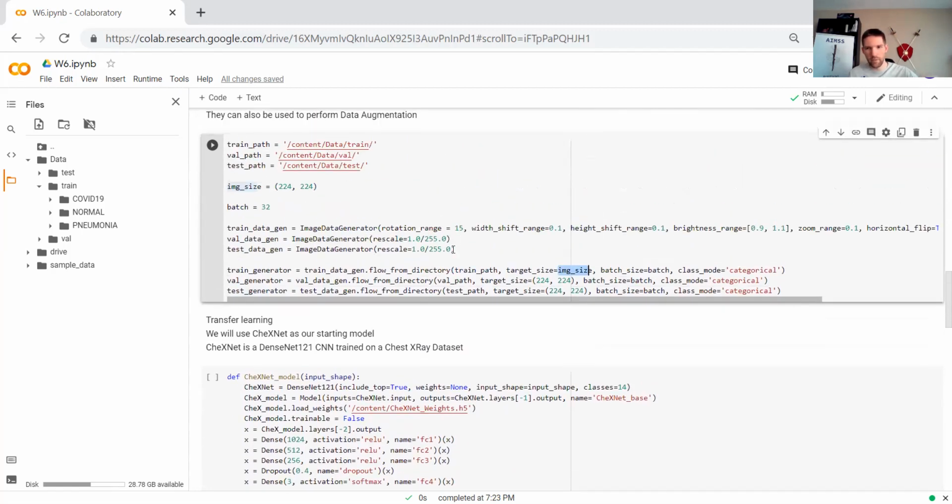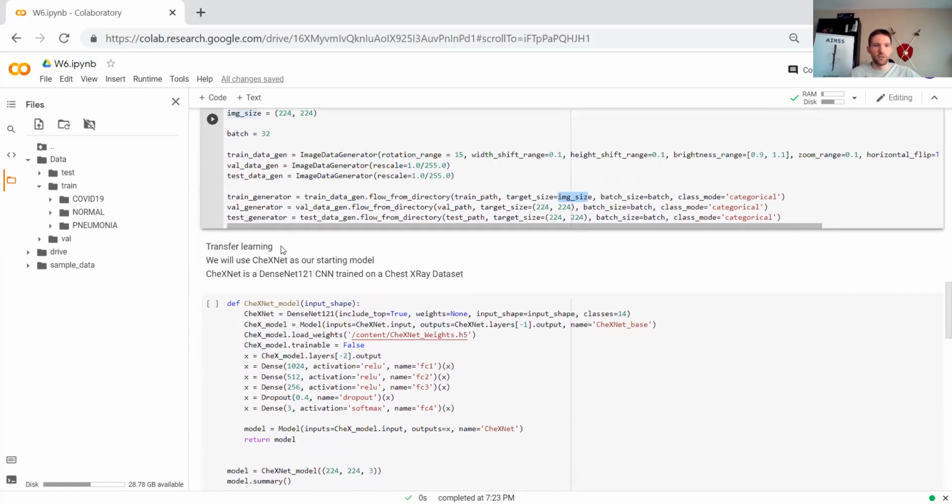We have a pipeline to pump it into our machine learning model. So now we're going to use something called transfer learning. Transfer learning lets you take a pre-trained model that's already out there and adjust it for your purposes. So I have previously downloaded the weights for something called ChecksNet, and I need to upload that now. Just drag and drop it into the side over here, ChecksNet weights. So while that's uploading,